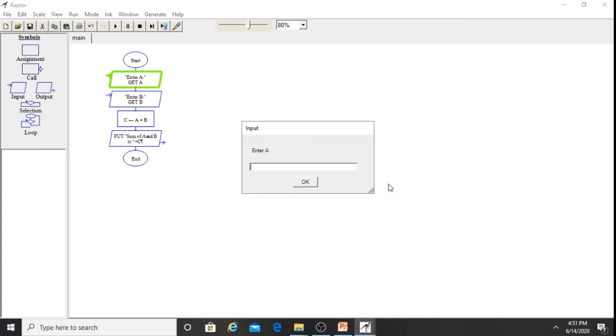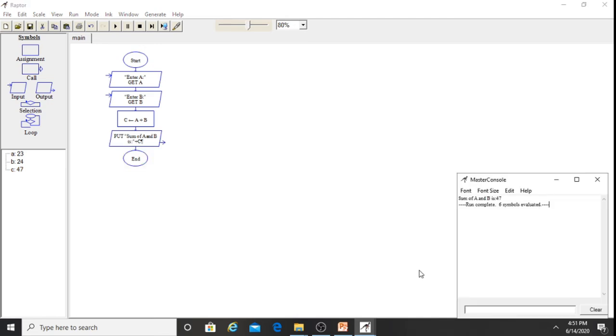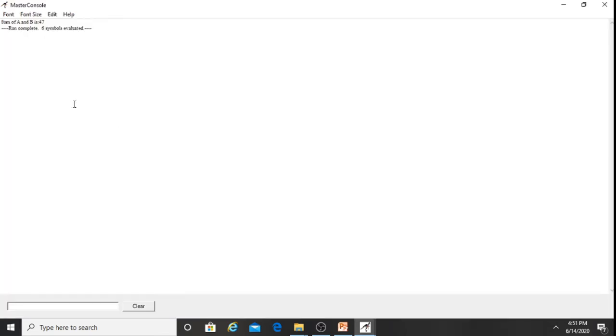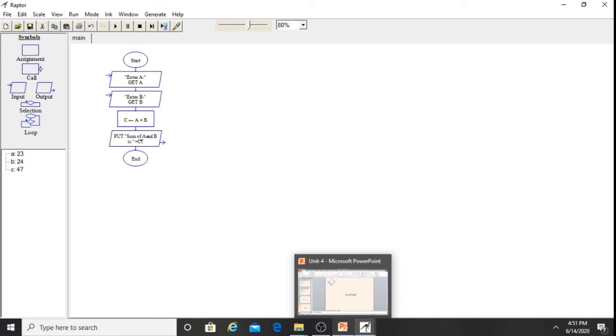Start, enter A: 23. Enter B: 24. We get the result: sum of A and B is 47. This is the way you can draw the flowchart, execute it, and see whether the flowchart you constructed is correct or wrong.